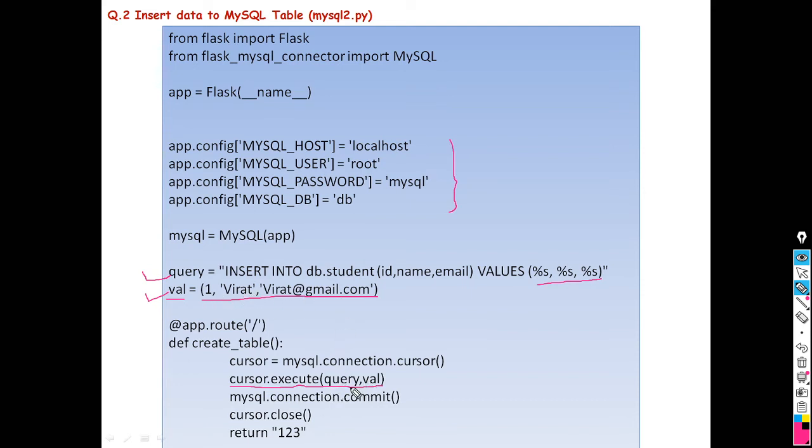So we want to pass two parameters while inserting records. The first parameter is the insert query, and the second parameter is the actual values which we want to insert in the table. And after this you should write mysql.connection.commit.